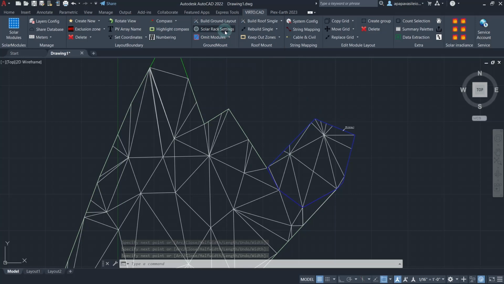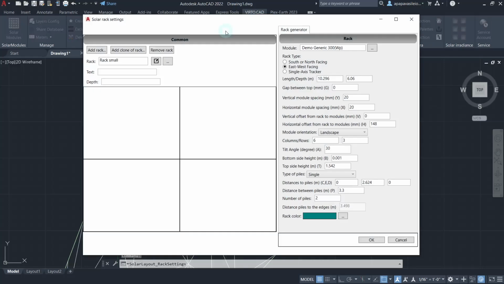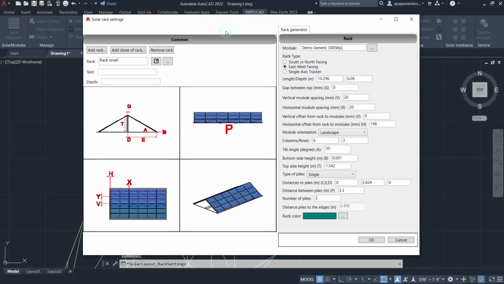Now that we have our boundary, we can proceed with our next step, which is setting our solar panel settings. By clicking on the Solar Rack Settings command, a pop-up window will appear, in which you will be prompted to choose the type of solar rack that you will use, as well as its settings. If you would like to create a rack similar to an existing one, just click on Add a clone of rack on the Common section.